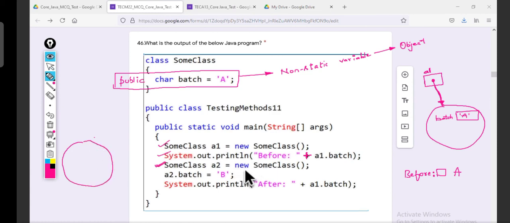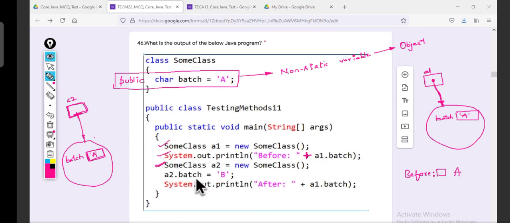Second job of new: load all the non-static members, the non-static member batch. New operator, last job, give the address. Address is stored in A2.